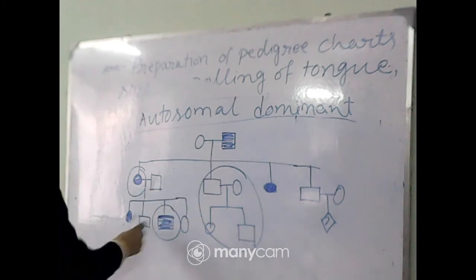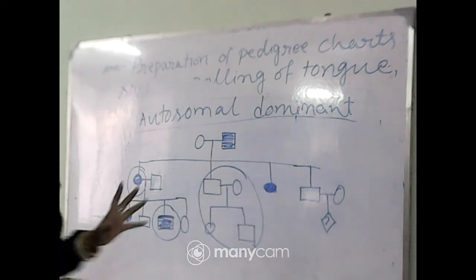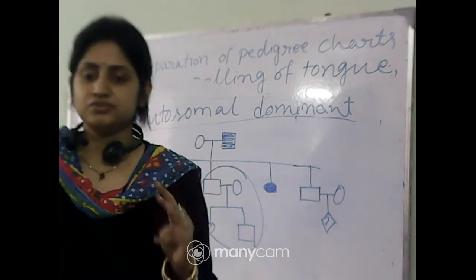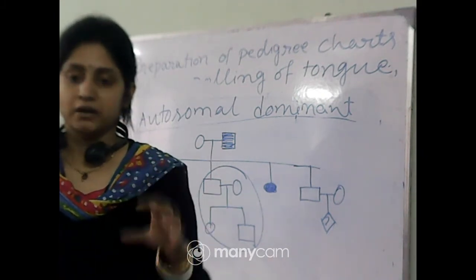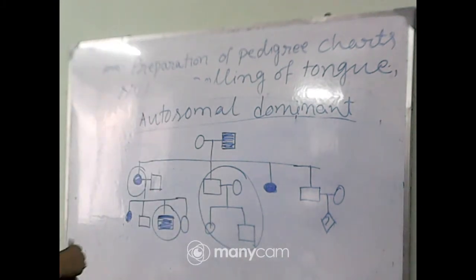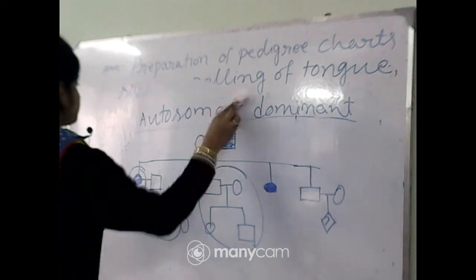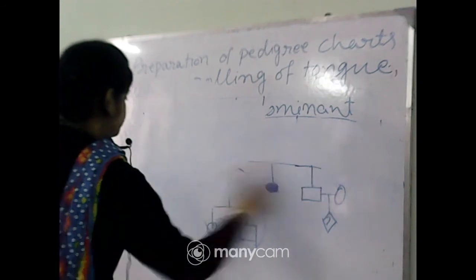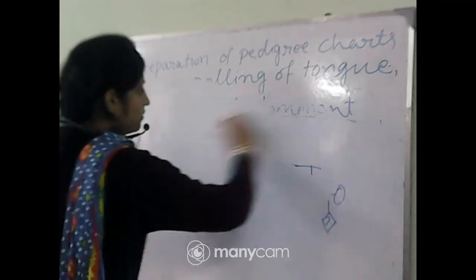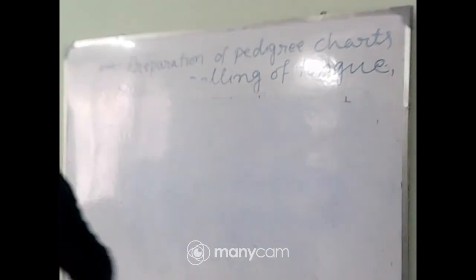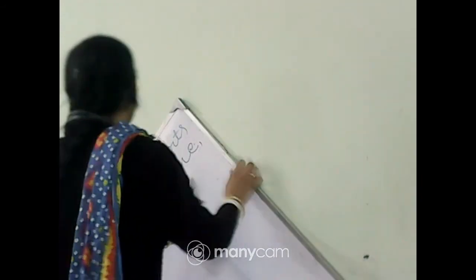2 male, 2 female, you can see that there. So almost 2, 3, may vary 1 and 2, but most of them are similar in structure. Okay, male and females both are equally affected. So this is the autosomal dominant. Clear everyone? This one is the autosomal dominant. Remember that unaffected parents have unaffected children and affected parents have affected children. Okay.